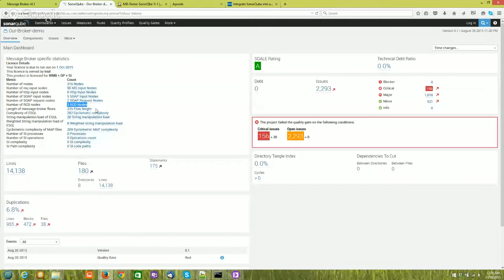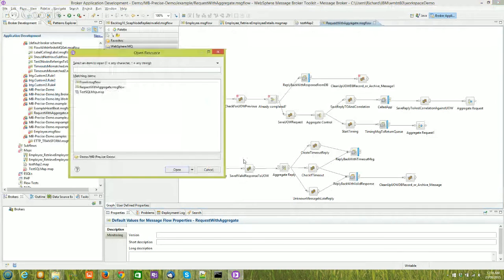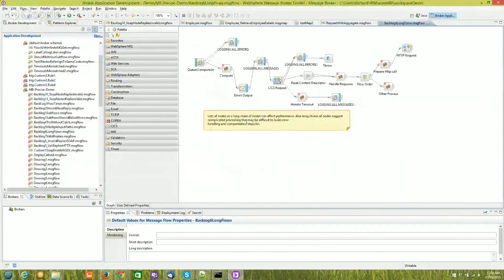Another useful one here is flow length. While we had a count of the number of nodes, which gives us a general complexity, the flow length gives us the maximum path through any individual flow. By having it as a metric, it allows us to drill down, pick the one with the highest and have a look at it. In this case, we're looking at something called backlog 6 long flows. So we go into our message broker toolkit. We see backlog six